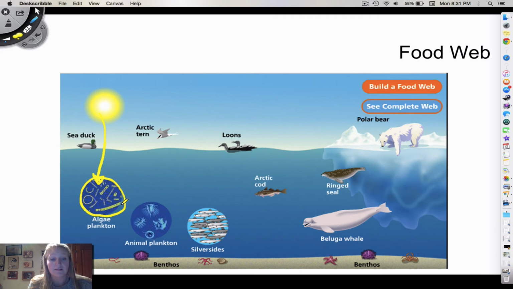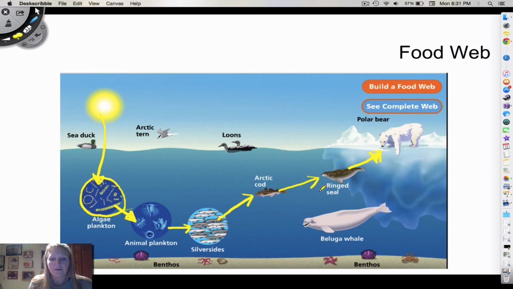What happens is, of course, we need to get that energy. Somehow all of these organisms need energy. And so the zooplankton comes along and eats it. Okay, animal plankton or the zooplankton. Okay, this is algae or just phytoplankton. And then these guys need energy. So what they do is they focus on this zooplankton. So they eat that. Okay, and so the energy from here goes into here, goes into here. This guy is like, hey, there's some energy there. So these guys are eaten by the Arctic cod. And so this one gets some energy. And then you have the ring seal, and then you have the polar bear.